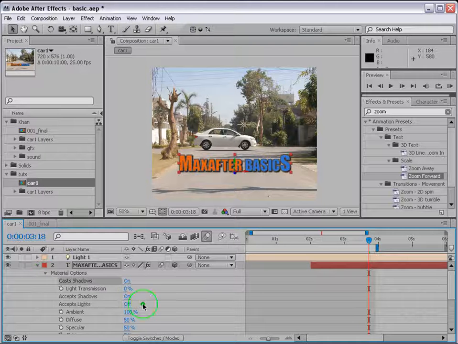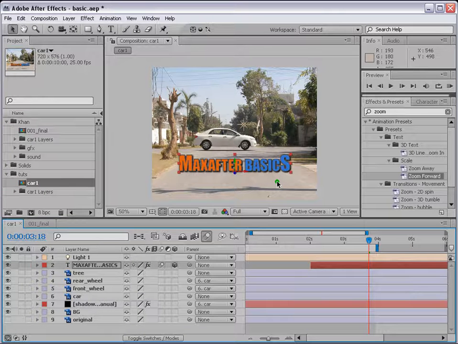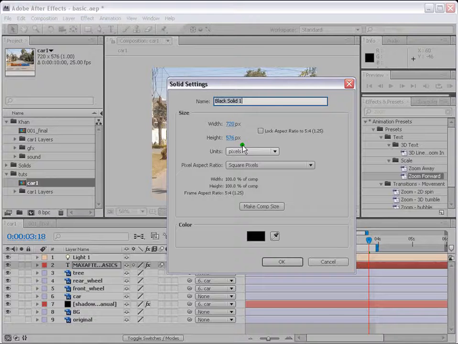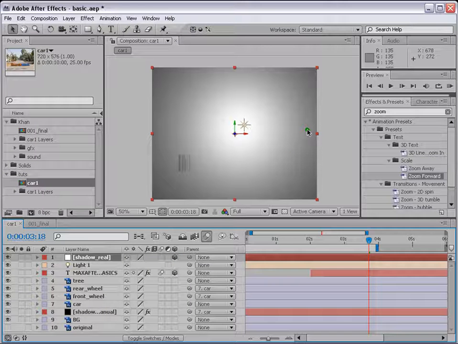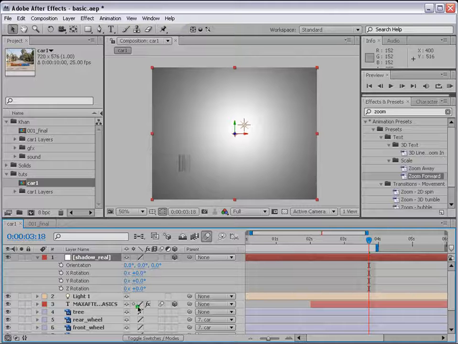And cast shadow, yes, you want this text to cast shadow, but right now you see it's not casting the shadow. But you have to create a plane for it, first. Right, let's go and make a new layer, new solid, and let's call it shadow real. Let's make it white color so that we can see what's happening. This layer has covered our whole composition. What we're going to do is just change this into 3D and rotate it and bring it to the level of the road. So press R on your keyboard and rotation,